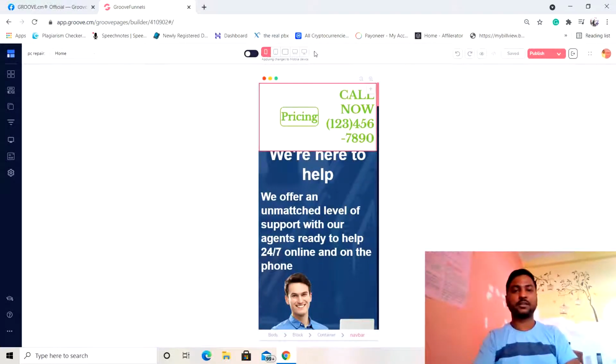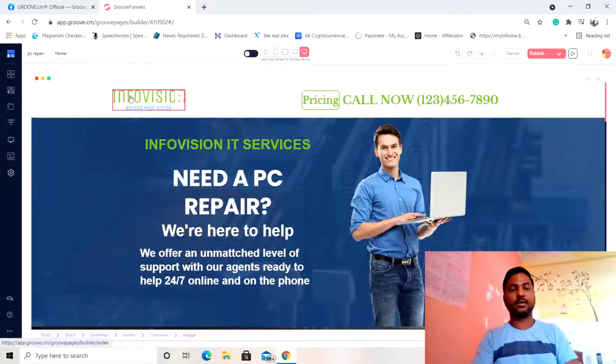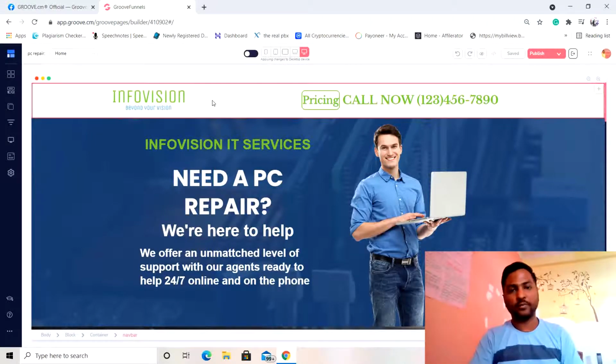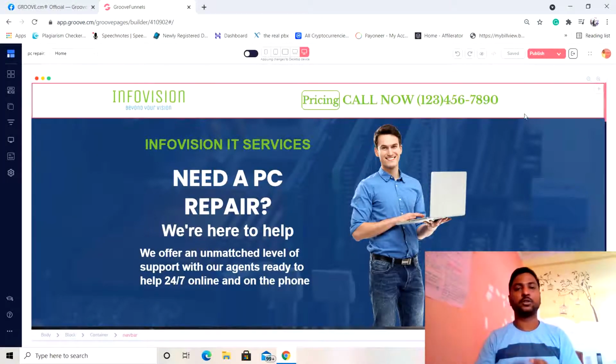Now you can see the difference between the mobile device and the desktop device. In the header area, I have the logo of the company, the pricing section, and the call now option, so that people can call on that number if they want any kind of services.